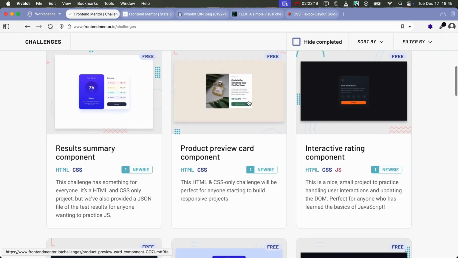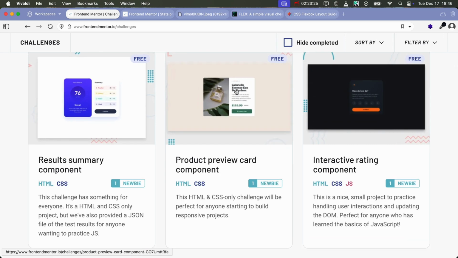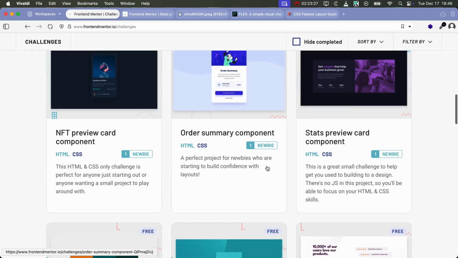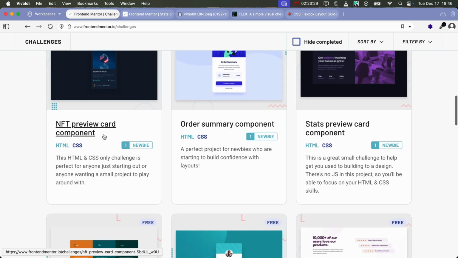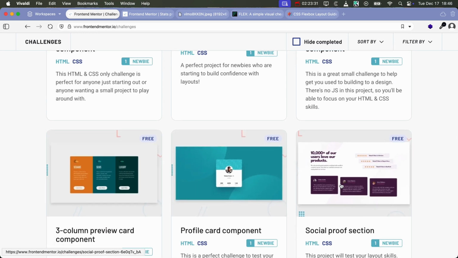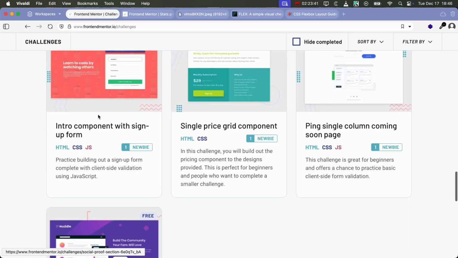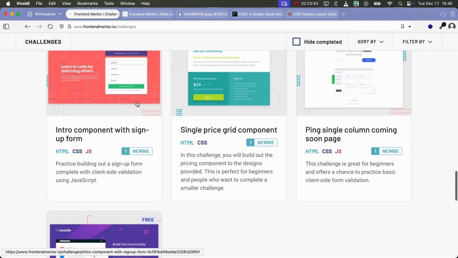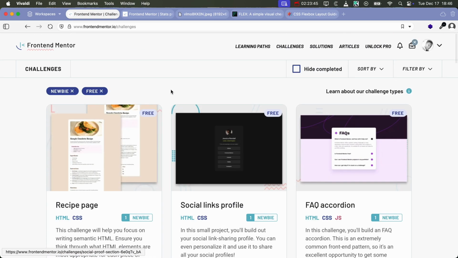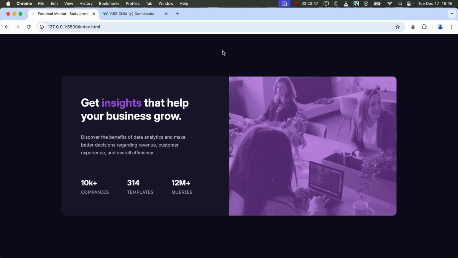Same thing for this type of design. You can see it's easy to pull off this type of product preview card. If I zoom in, okay. Same thing, okay, this is what we did. And same thing for this type of design, you know it's already CSS Flexbox, and we just have a gap for these individual areas. Same thing for this. So basic designs like this, you use CSS Flexbox, and I believe you already have a basic working understanding of how to use CSS